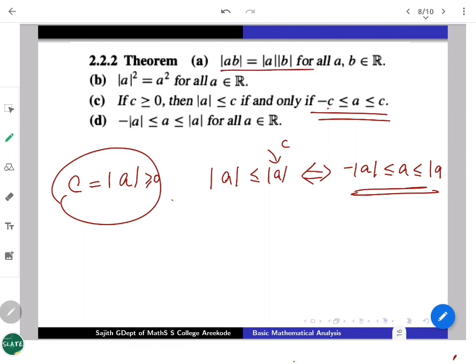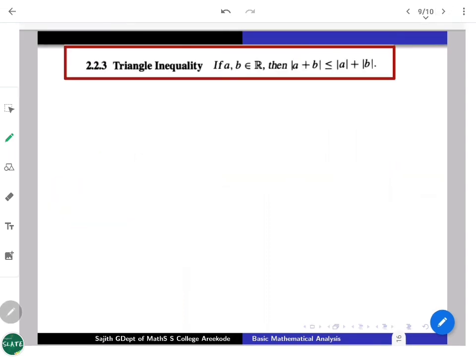But the product, how it behaves with the real numbers, as I mentioned, R is an ordered field, right? So modulus is defined, and the behavior of the modulus function with multiplication is given. One can also look at how this absolute value function behaves with addition too. That also has very fundamental importance. We look at that, which is fundamentally known as the triangle inequality. We'll try to prove that.